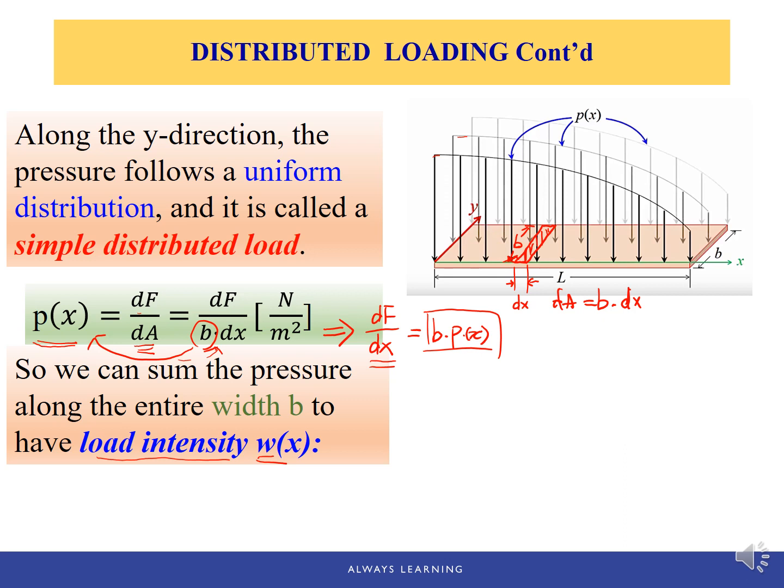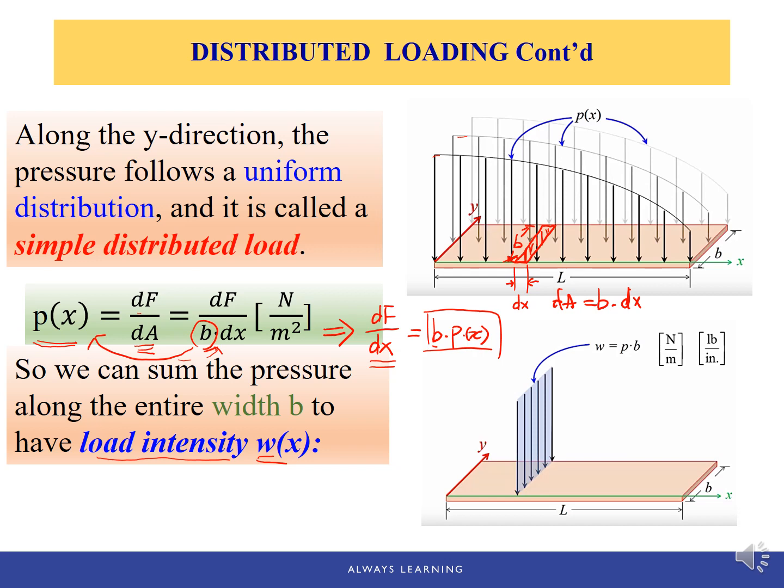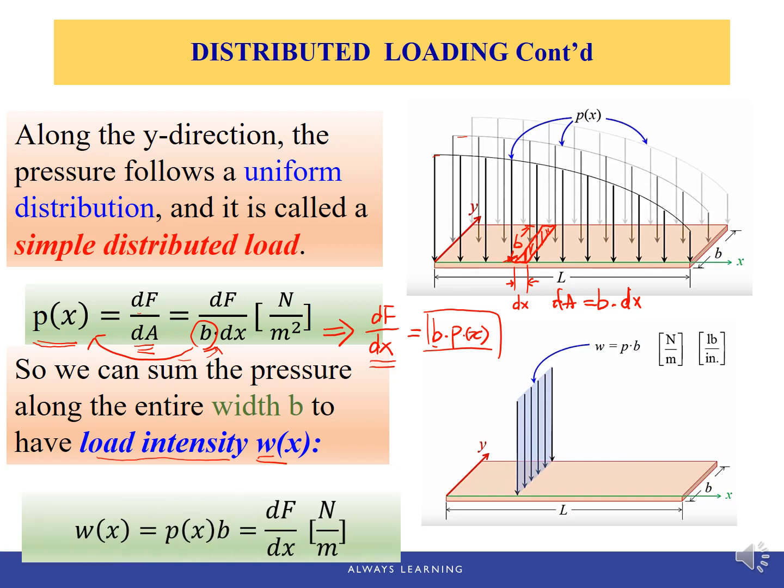And W, the load intensity, is also a function of x because it equals b times px. So it's still a function of x, and it represents the sum of the pressure along the entire width b. Again, at location x, each point has a pressure px. So when you add them together, the entire length is b. B times force per unit length will be the overall